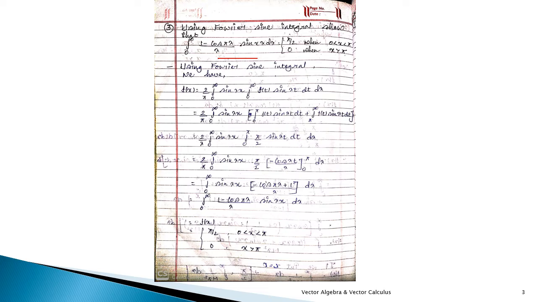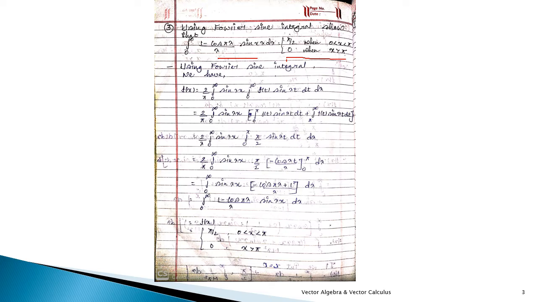Okay, so now you can see that here f of x is given: pi by 2 and 0 form. This one will be your f of x, as we have written in the second example. So just write here in the first step f of x. Then next you have to show that, right? So it is the same as the second example: first we have to apply the formula and then you have to prove this function.